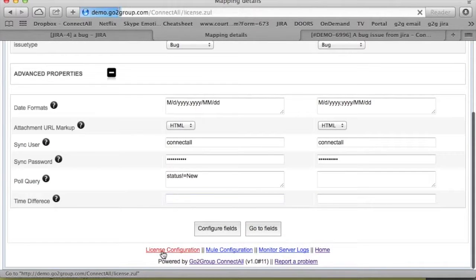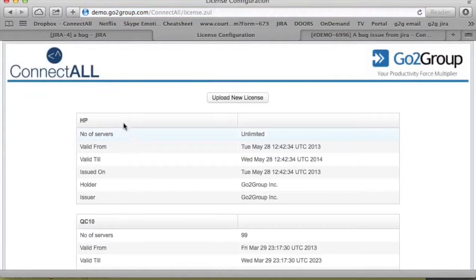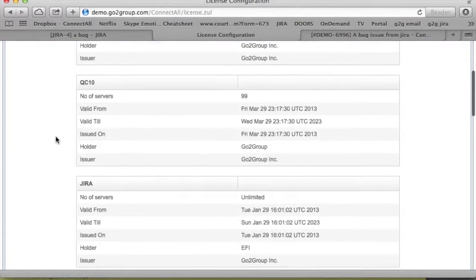So next I'd like to show you how ConnectALL is licensed. Typically ConnectALL is installed on its own machine. Very low memory and disk requirements. It also uses an internal database to store the mapping of records between your applications. The licensing is done by application server. So you might have 3 Quality Center servers and 2 Jira servers. So you would get 3 Quality Center licenses for ConnectALL and 2